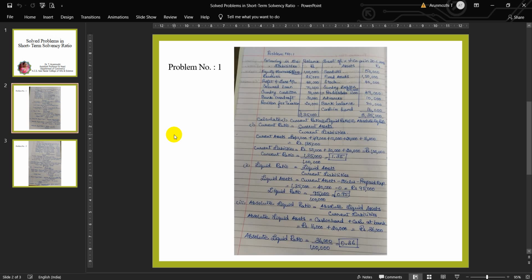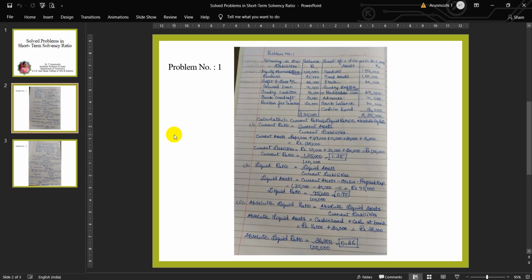The ability of the concern also depends on the composition of current assets. If current assets have more of stock and debtors other than cash and bank, it may be difficult to meet current obligations. But if most of the current assets consist of bank and cash, it is easier to meet the obligations. The difference between the current assets and the current liabilities acts as a cushion and provides flexibility for payments.